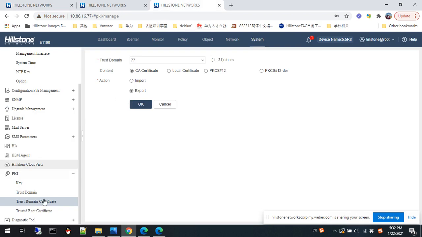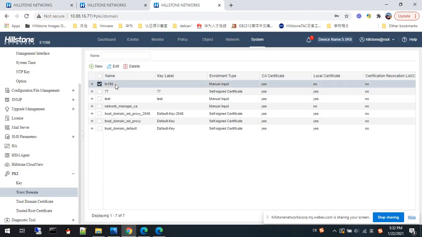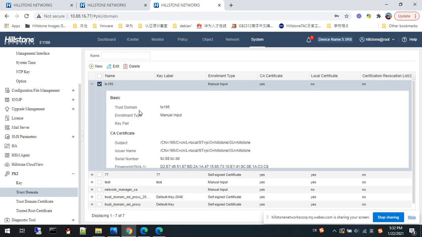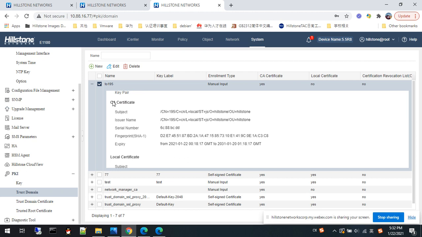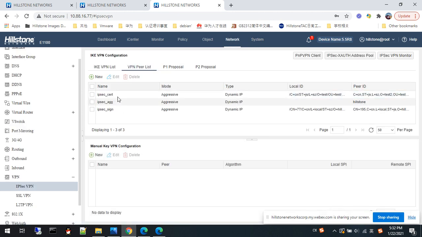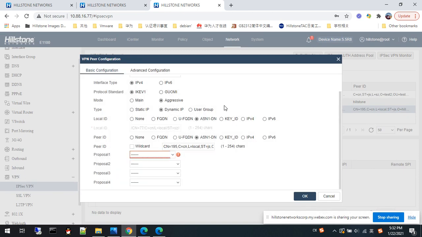And at the same time, you also need to create a trust domain for yourself, that you need to use for the certificate, for yourself. As you can see here,